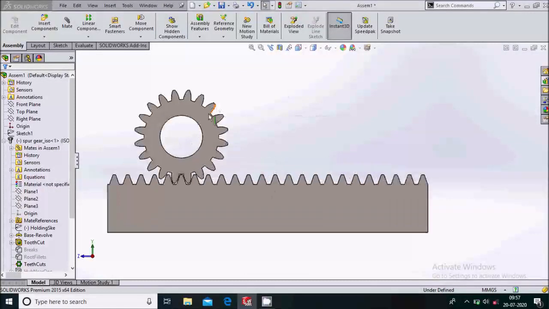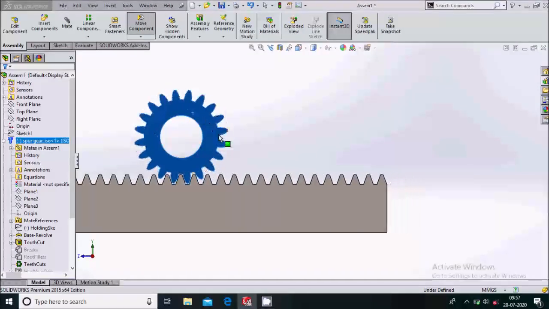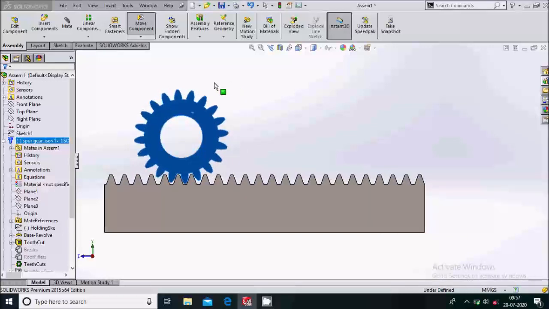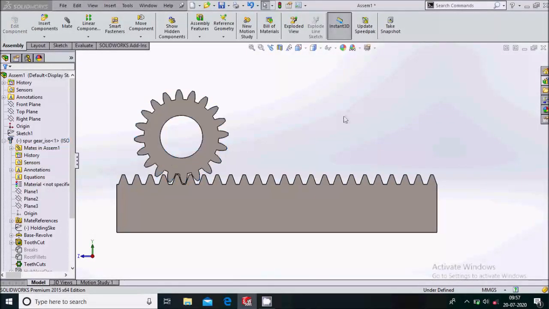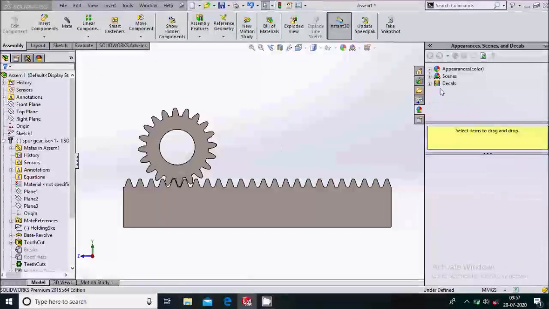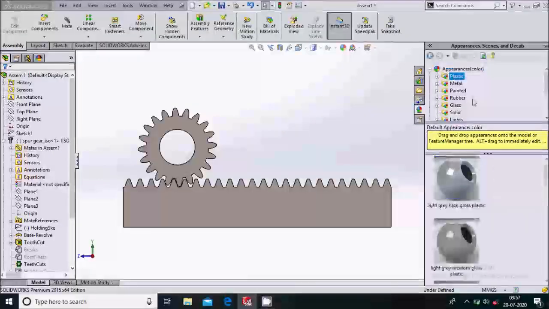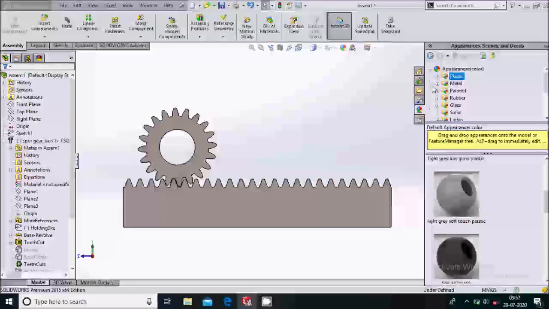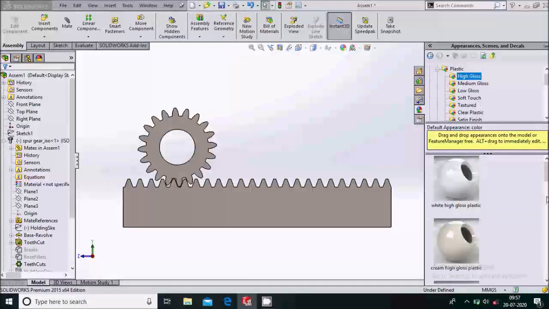OK. Now we'll see it is working well or not. Simply move this. So it is working well now, right? Now we'll go to motion study over here. So before that we will give some appearances or color to it. So go to appearances, plastic, and give some color. So simply select color from here, plastic, high gloss.